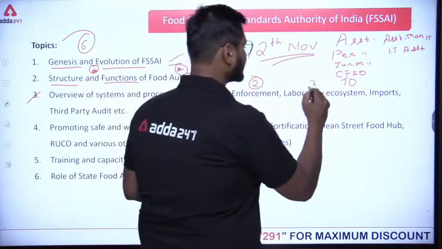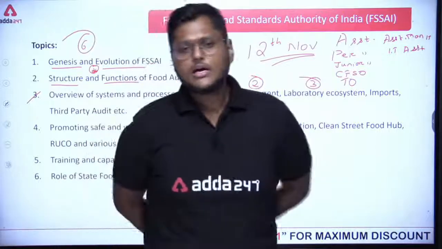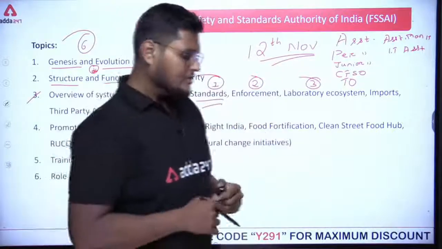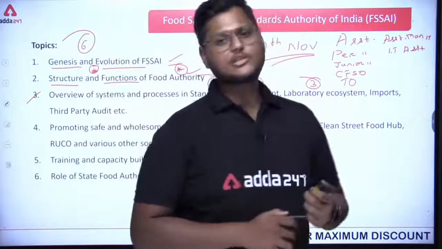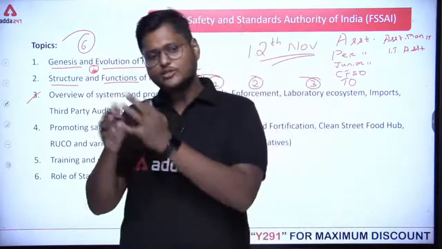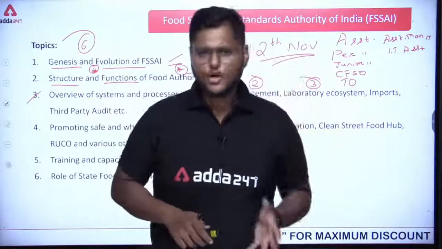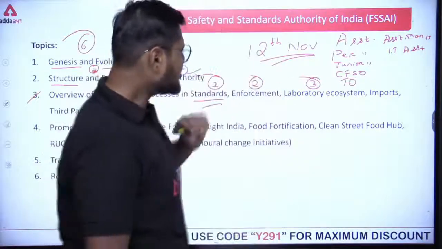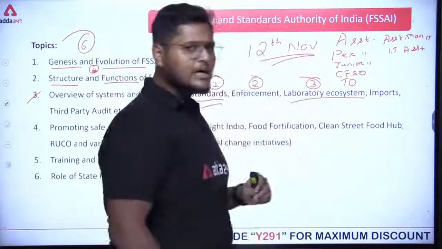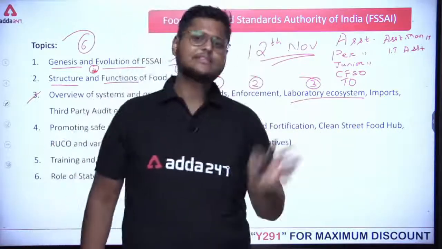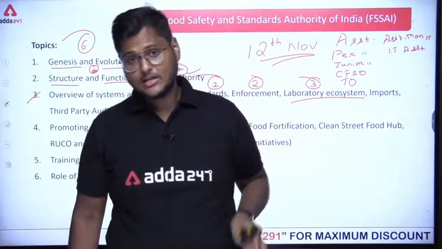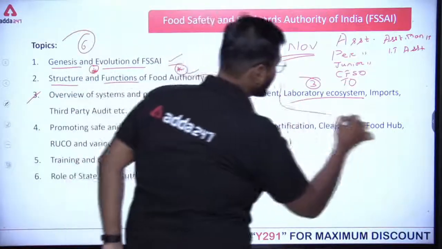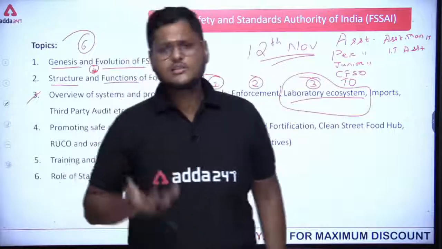Third is laboratory ecosystem. Now why has something been mentioned about the laboratory, or what exactly is the role of the laboratory here? Whenever we are talking about food safety management systems, we are checking if the food is good or not, whether it contains any kind of poison, any foreign material, any kind of adulterated material. So the laboratory ecosystem ensures that the testing and the sampling of the food product is done completely under the supervision of the laboratory management, or you can say the concerned authority.